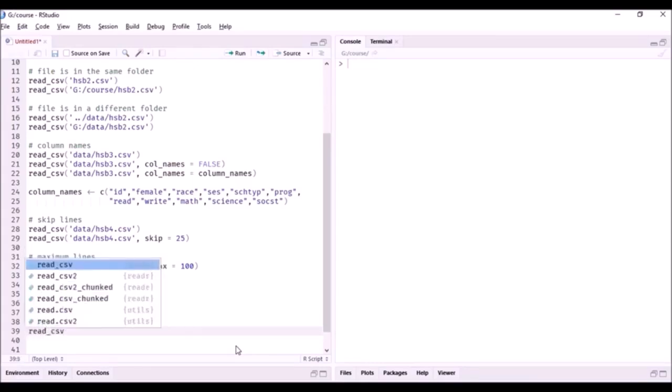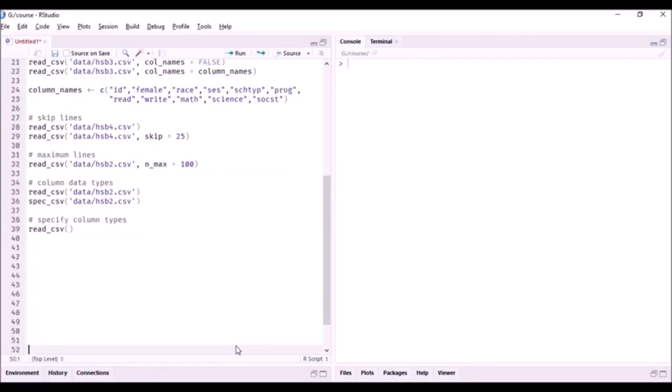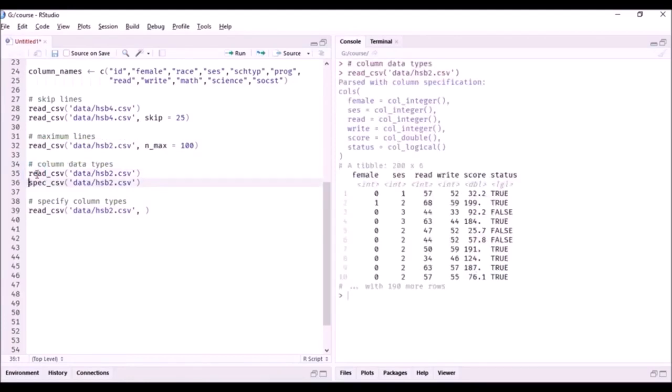read_csv. We bring this to the middle, and then we'll specify the data set. Right now I want to specify the column types, right? So we have 6 columns and I want to specify the column types. Let me just read in this file here once, right? So here you can see the values,